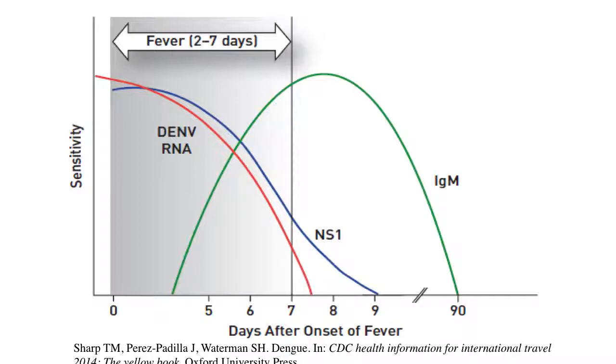Antibodies to the dengue virus, such as IgM antibodies, can also be used to assess for a dengue infection using enzyme-linked immunosorbent assay or ELISA. However, IgM levels remain elevated for quite some time and could represent an infection as long ago as 3 months. IgM could also be elevated if the individual was exposed to other similar viruses such as yellow fever or West Nile virus. This knowledge of when each of these sources peaked and the limitations associated with each one was used to design the approach to evaluate this outbreak.